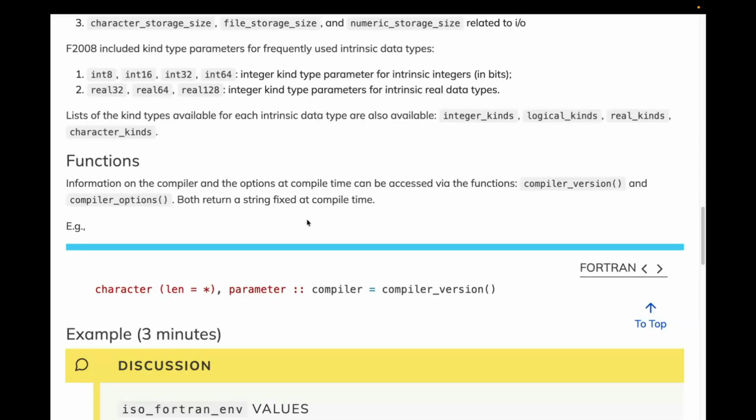It also provides functions, so you can use compiler version and compiler options to return strings which contain information. Those are fixed at compile time, so it makes sense. You have to run this at compile time, so the compiler options are a way, say, it can help with